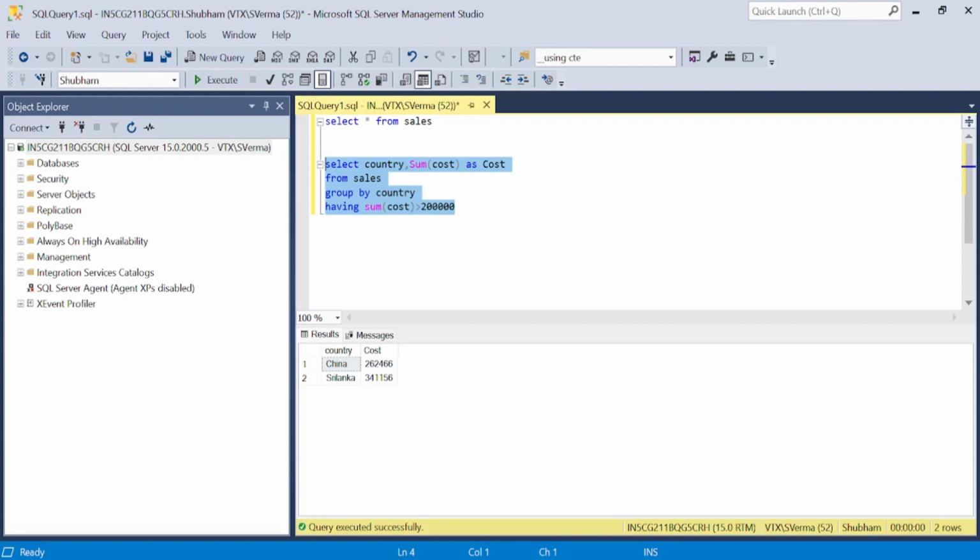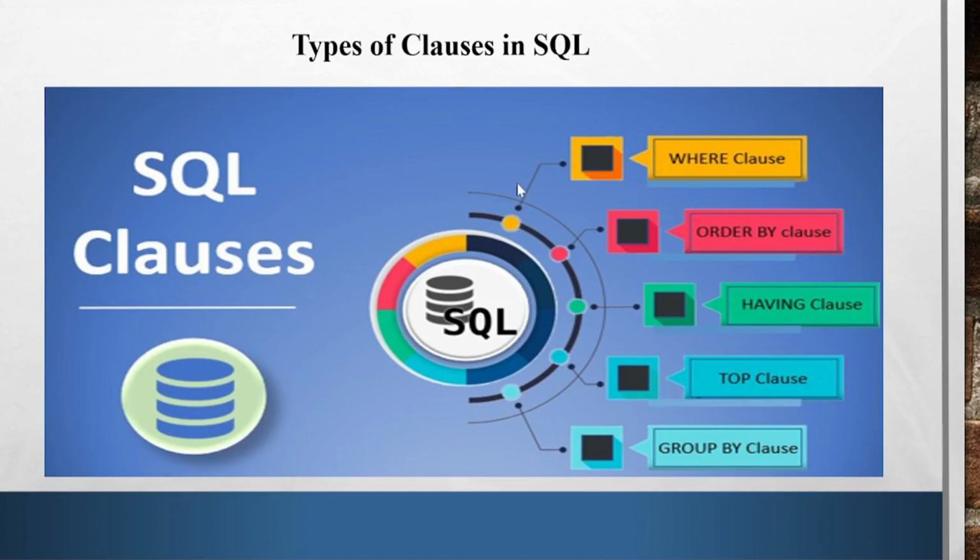And now let's have a look at the types of clauses in SQL. Here under this screenshot, we can see the types of clauses in SQL, and we have covered all the clauses one by one. So we have covered the WHERE clause, ORDER BY, HAVING clause, TOP clause and GROUP BY clause. I hope you have definitely enjoyed this tutorial and are clear with all the topics of SQL which we